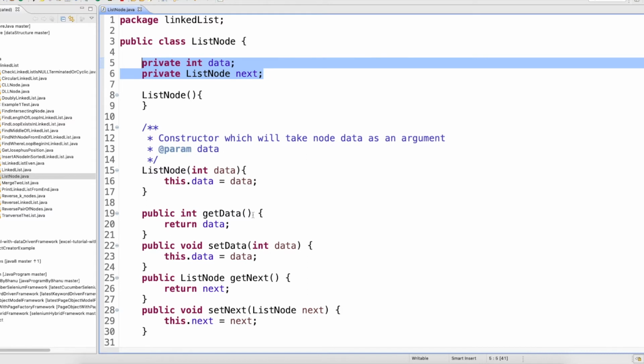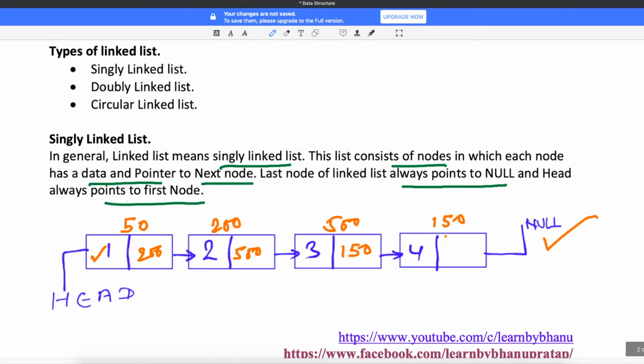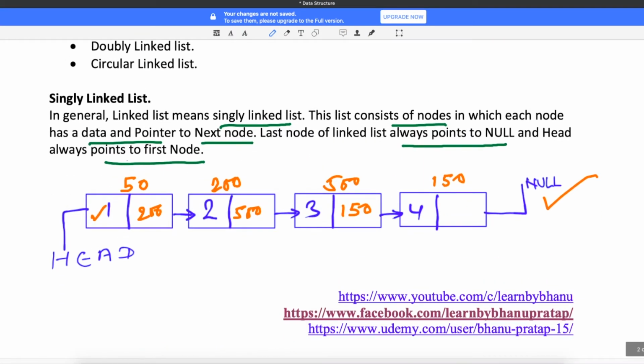Again, go back and try to understand, because in data structures if you miss this, you will not understand. Go back to the diagram and try to see it. If somebody asks what the next node is, this itself is a node, the complete node. The first node has data, which is 1, and this is 200. The 200 is the reference of your second node, the complete second node. So your second node has data, and it has one more list node.